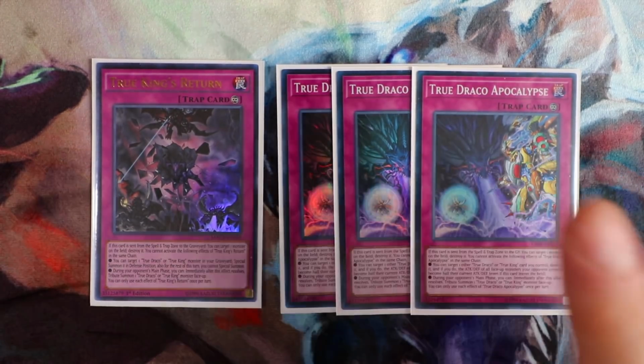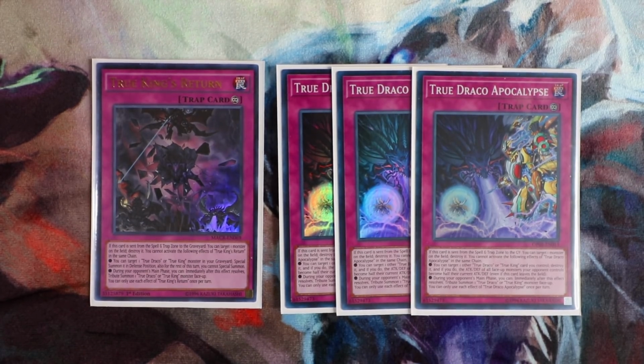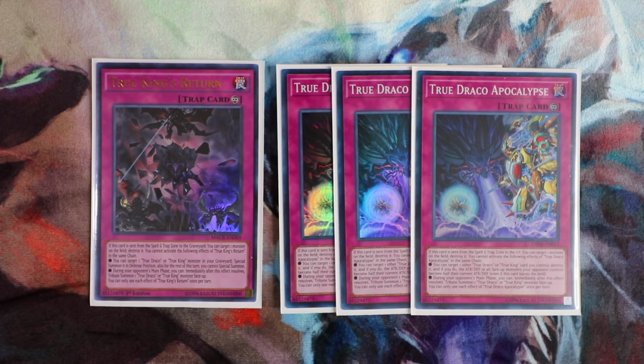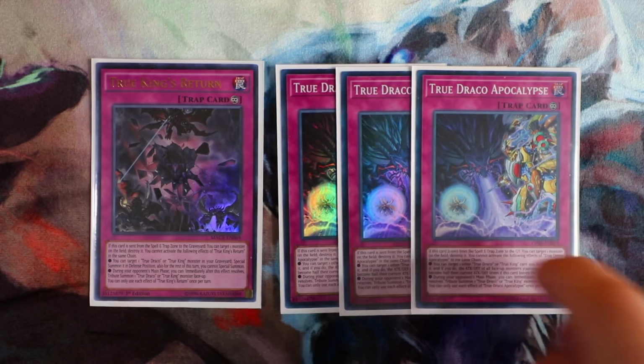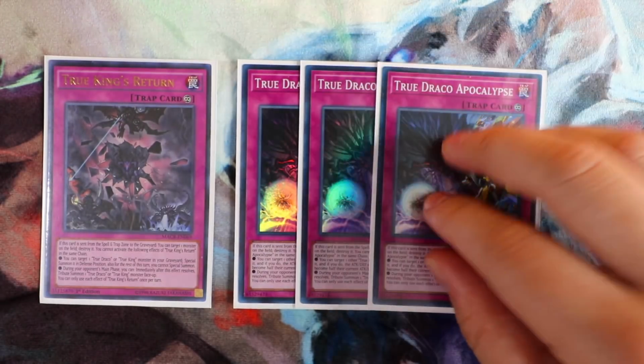Apocalypse is really good because you can activate it in the damage step, so once your opponent summons Pangotrops, which is literally your worst nightmare, when they declare an attack with Pangotrops, you just declare damage step, activate True Draco Apocalypse, and then pop a trap card or pop a spell to pop their own True Draco Apocalypse. And since Sky Striker is the hardest matchup, the way that you lose against Sky Striker is if